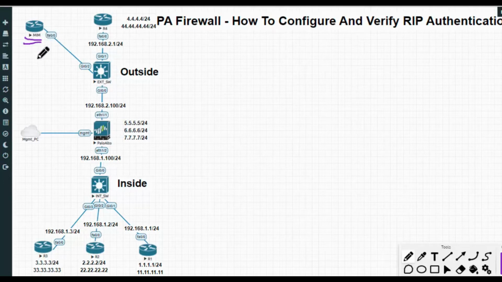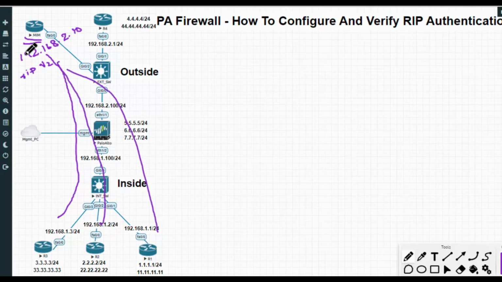Suppose for this interface he gets the same IP address, as an example 192.168.2.10, and if he publishes RIP version 2 on this interface, he can learn all the routes with this, so he can reach router 3, router 2, and router 1 as well, and obviously he will have router 4 details as well.